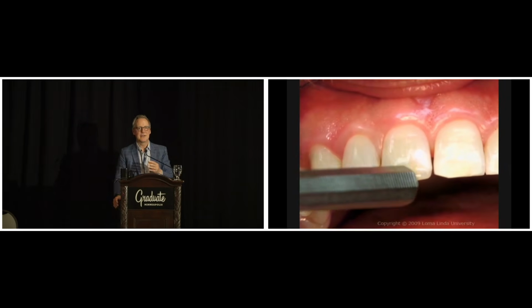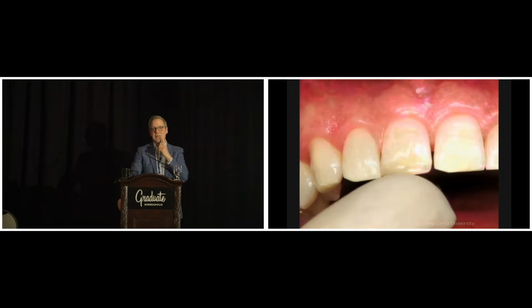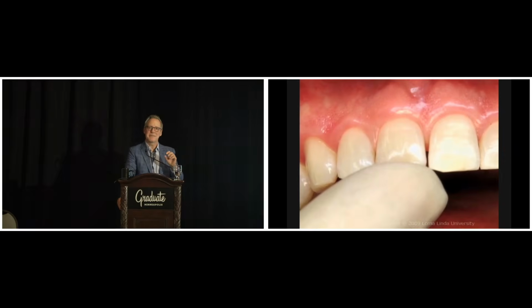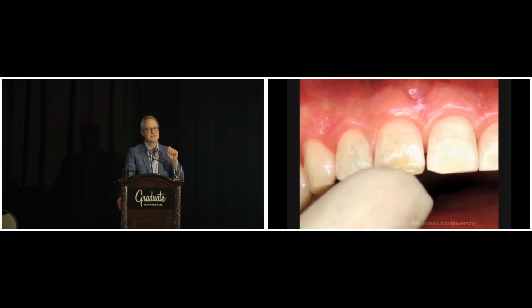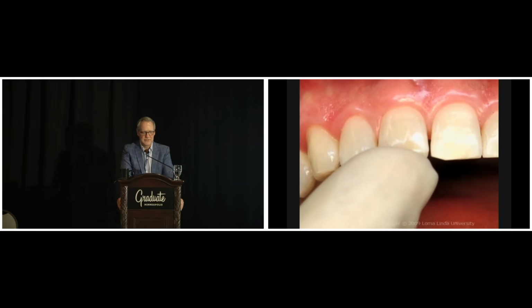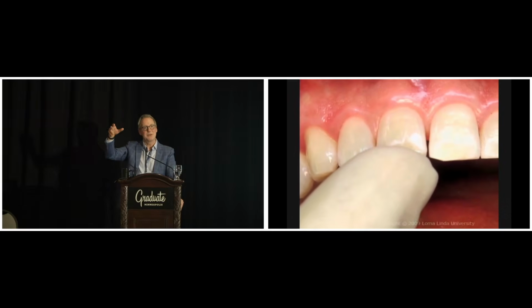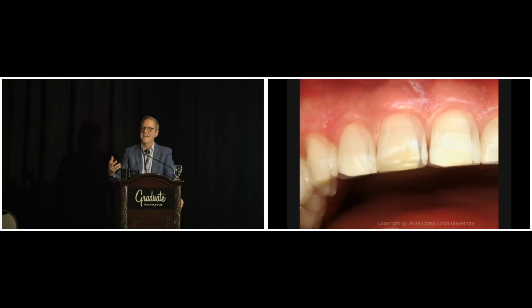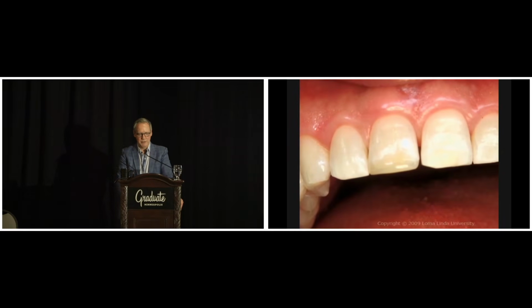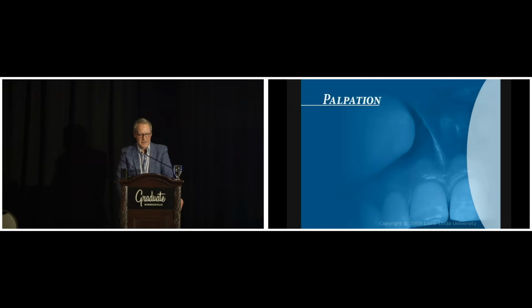We're going to be using digital pressure or just a finger with light pressure to reproduce the pain. But in some cases, it's very subtle, and we do use the back of a mirror handle to push on the teeth. And typically, if the ligament around the tooth is inflamed, that tooth will be very sensitive to even light pressure. So that's the palpation test that can localize the pain.